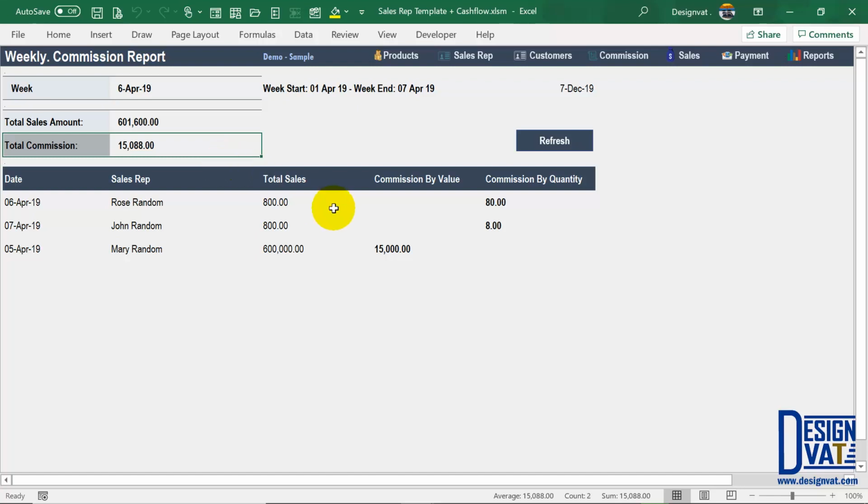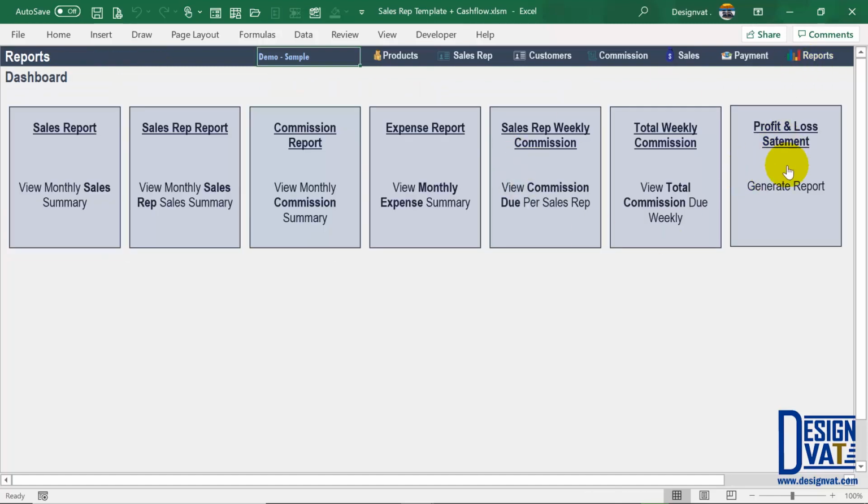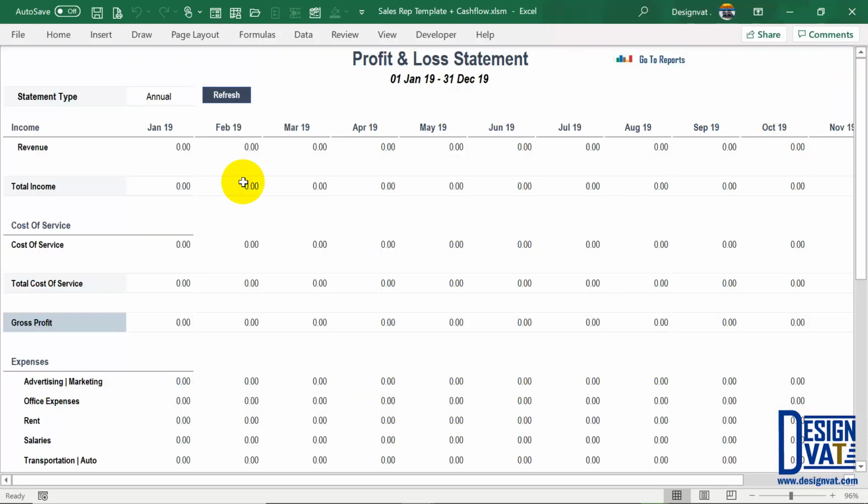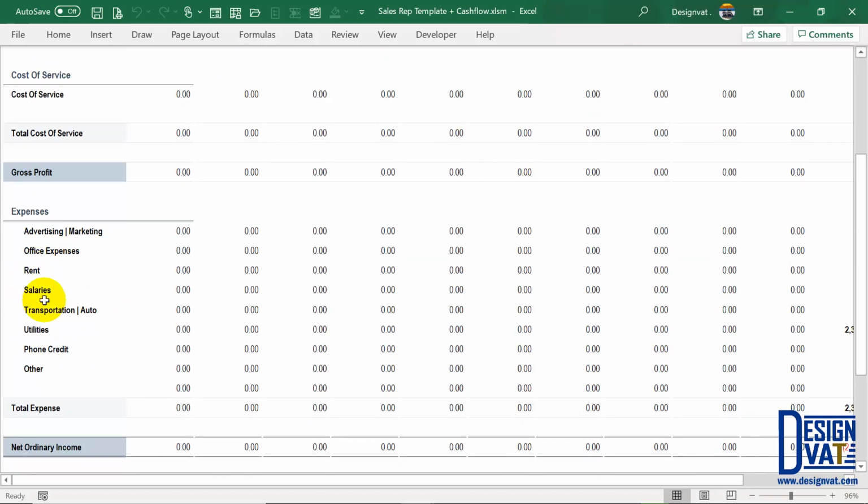And as I said, you can generate this on a weekly basis, print it out, file it, or export it as a PDF. The last report is the profit and loss statement. So this just enables you to have a snapshot of your performance. The profit and loss statement enables you to know how you're performing as a business: what you sold, what you spent on recurrent expenses, and what you generated in terms of revenue. So 3 sections: the revenue section, the cost of revenue, that's the cost of goods sold, and lastly, your recurrent